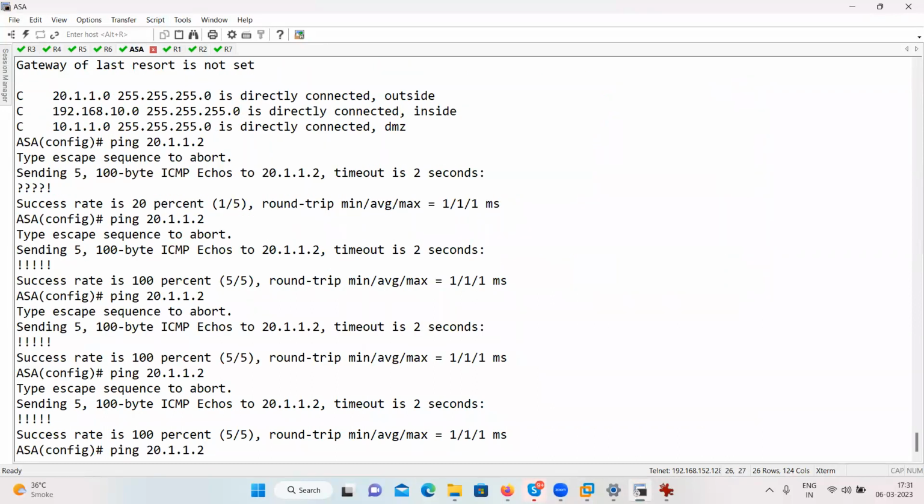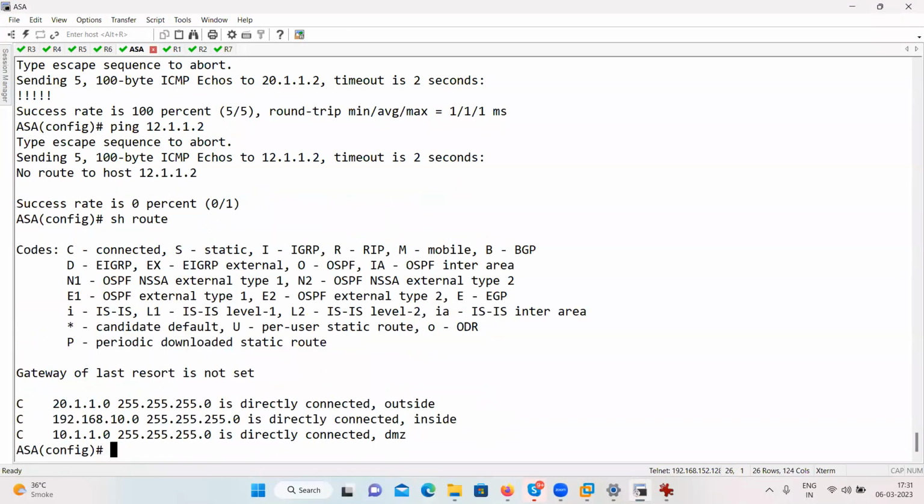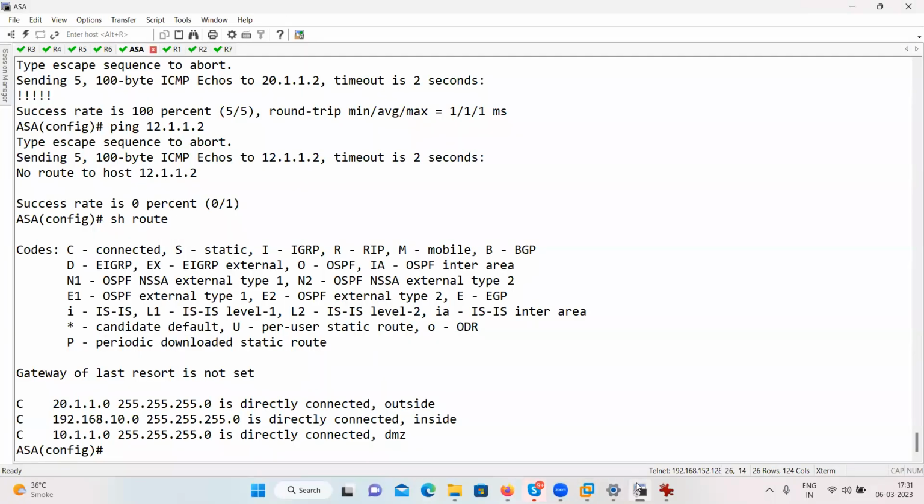So can I ping 12.1.1.2? No, because I don't have a route. So if I see my routing table of ASA, I don't have a route for the 12 network. I don't have a route for the 172 network, which is behind R2. So I can do static, I can do dynamic. So I will do static. The command is route